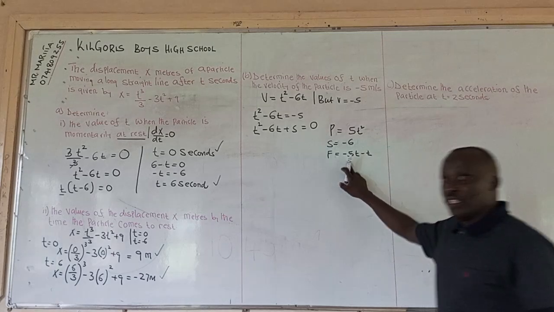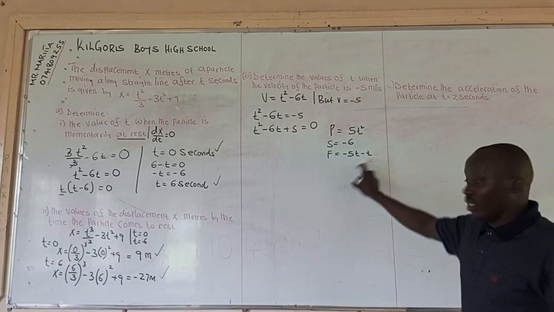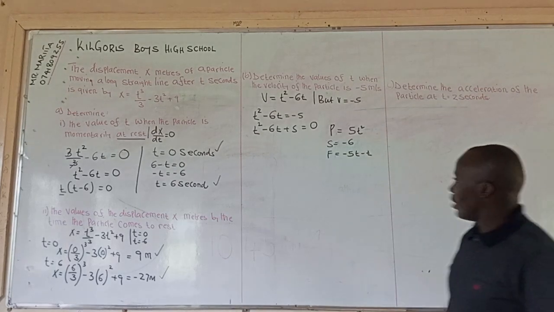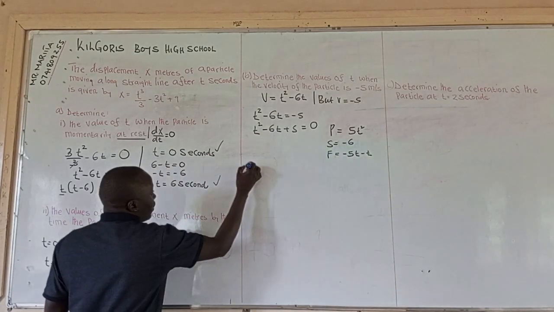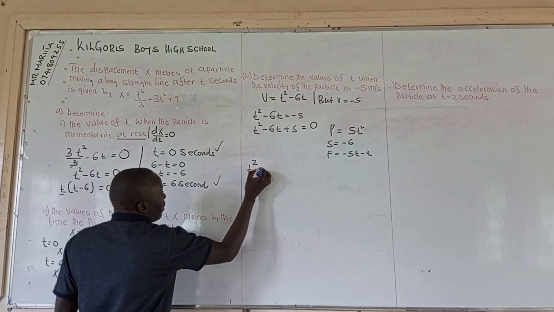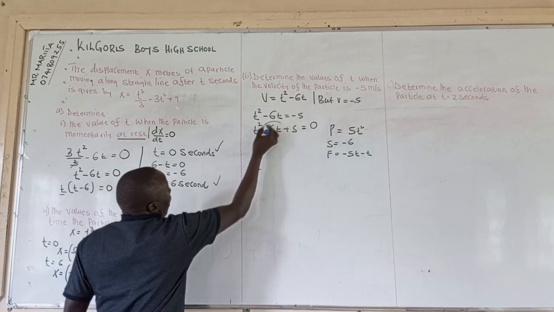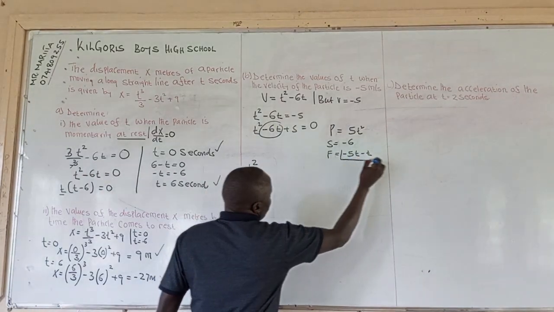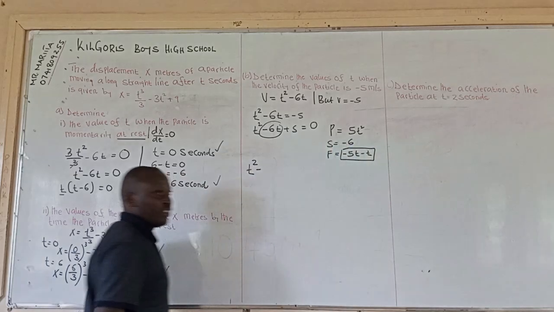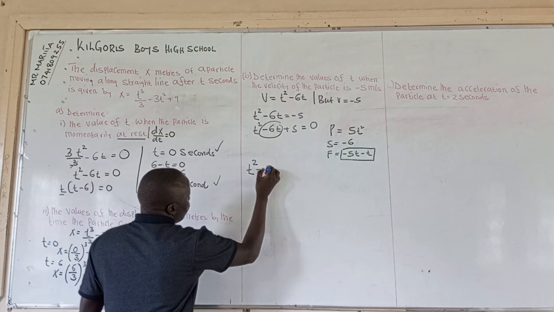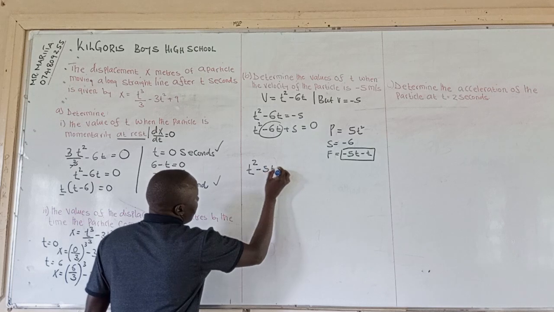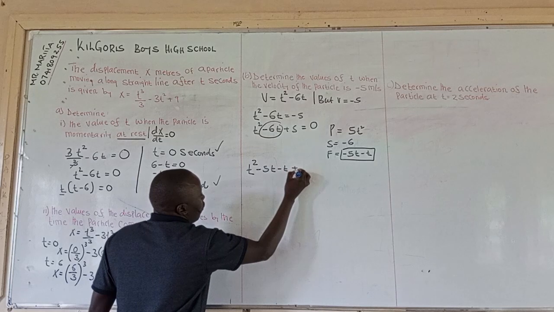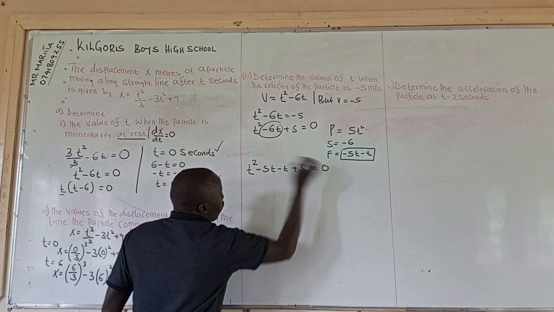Then we have negative 5t times negative t, the negative and the negative make a positive, and therefore we have that one as 5t squared. So these are the factors. We have t squared. Instead of writing negative 6t, we replace it by the sum of negative 5t minus t. So we can have this one as negative 5t, in this case minus t. This one will give us negative 6, and then of course plus 5,